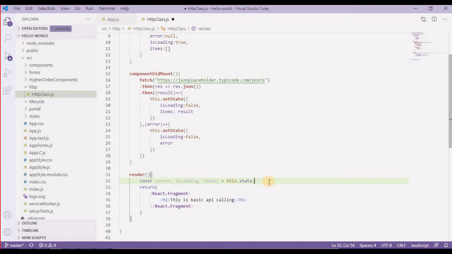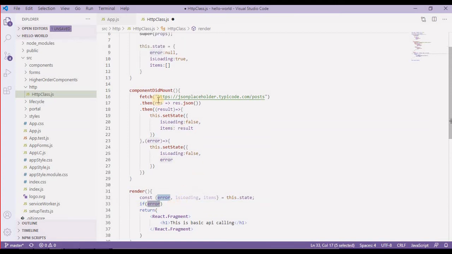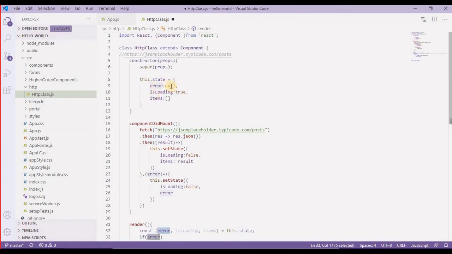Now we should have a condition over here. So if we are having any error, this condition becomes true when this error is not null, and this error will not be null when we are having an error from our API.